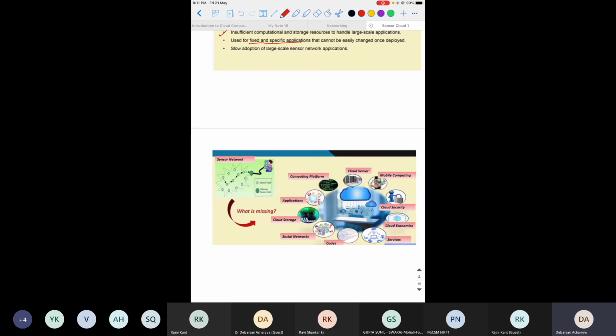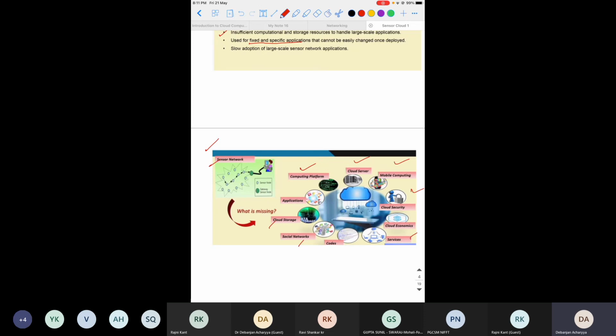No, that is wrong. Coming to this slide, you can see we have a sensor network, and we have several kinds of applications nowadays, maybe computing platforms, cloud storage, social networks, services, cloud economics, and many more things.